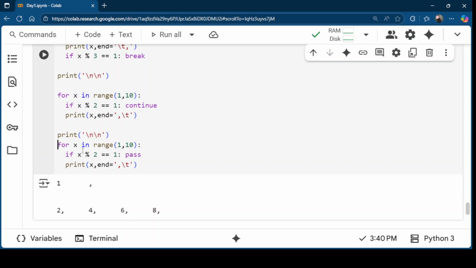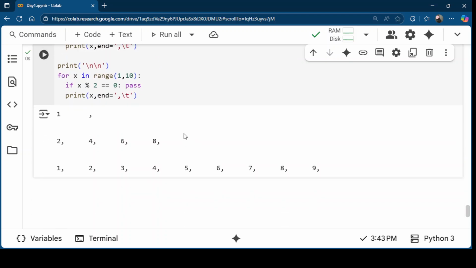This time let's print even numbers. Okay, so you can see we're able to print all the numbers. So when you use pass, you're just saying